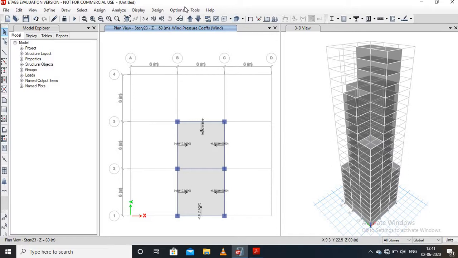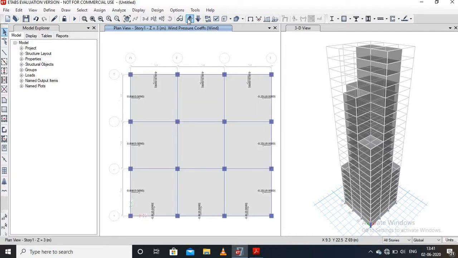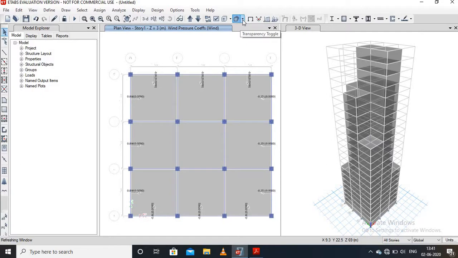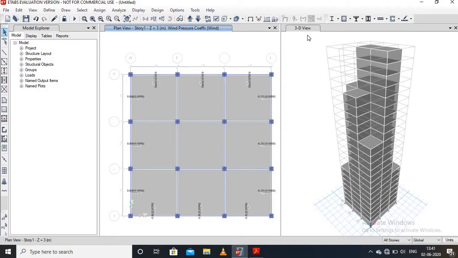Therefore go to story number 1 first, go to the extruded view option, use extruded view, you can see the extruded view.